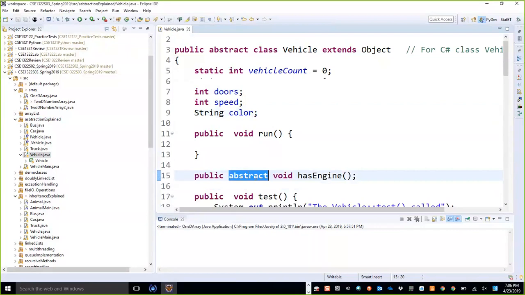In C++, C#, and Java, we use the abstract keyword in order to declare a method as abstract. When we have an abstract method, then the limitation is that you cannot have any body